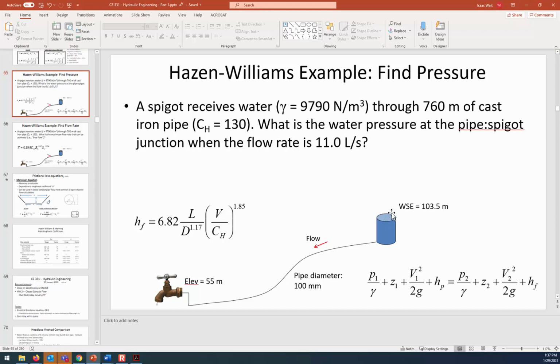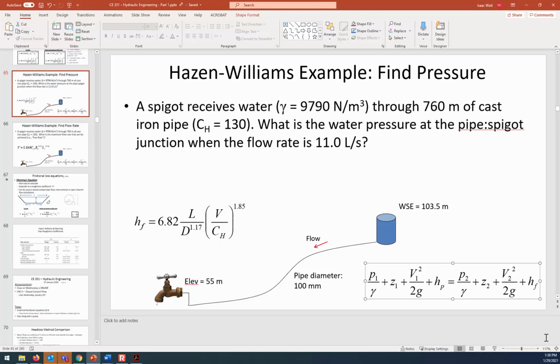But between canceling out the velocities. In the energy equation, you can cancel out the velocity head if the velocity is 0 at location 1. Usually you cancel out the velocities if the velocity is the same. It's not a matter of flow in or flow out, it's just if the velocities are the same. So like if location 1 was in the pipe and location 2 was also a spot in the pipe, then you could cancel out the velocities. But